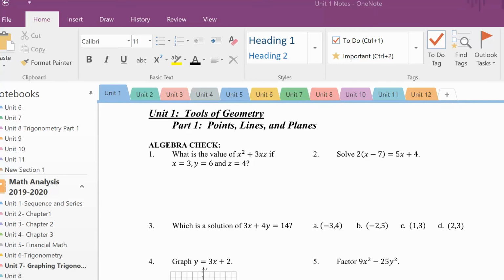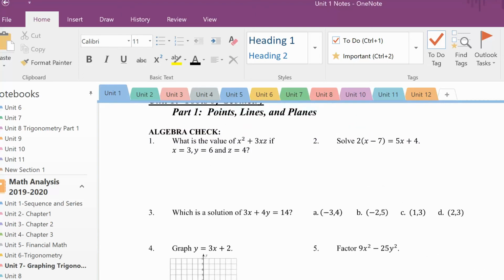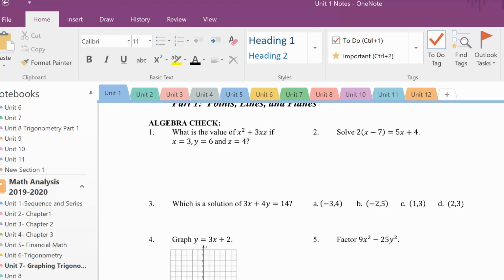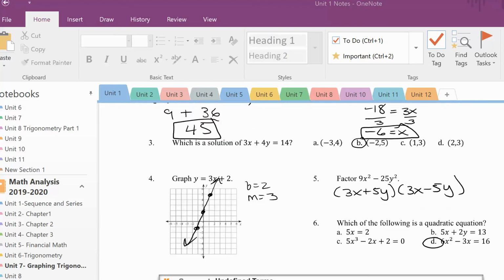So the first problem here asks you: what is the value of x squared plus 3xz if x equals 3, y equals 6, and z equals 4? What I'd like you to do is do these 6 problems on your own, and then I'll show you the answers. Looking at the answers here,